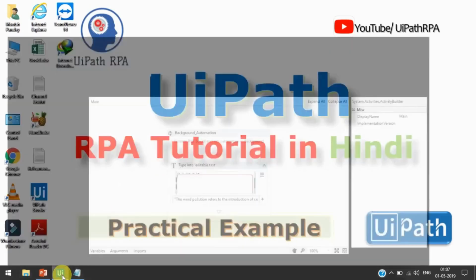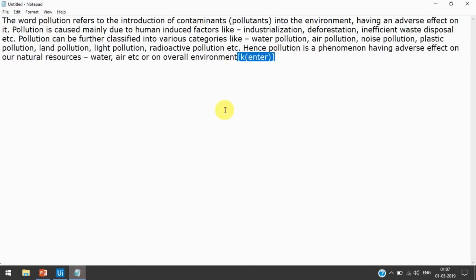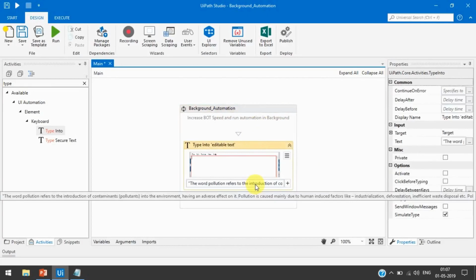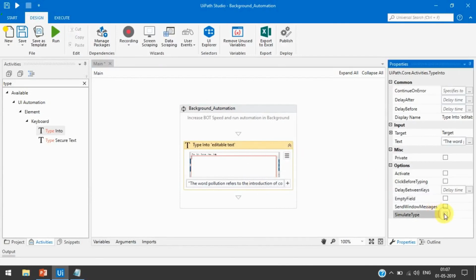So here I'm just going to remove this part, and then I'm going to show you the speed of all these methods. First we have lots of data, like 50 words or more than 50 words. Now here if I uncheck these methods, it means this is the default method.